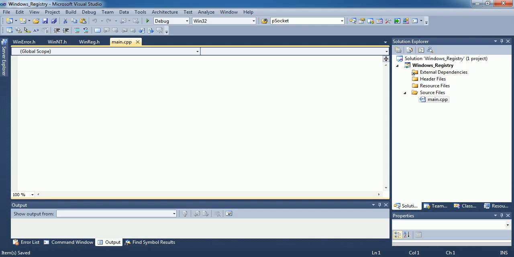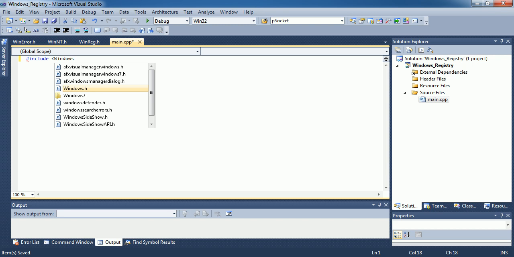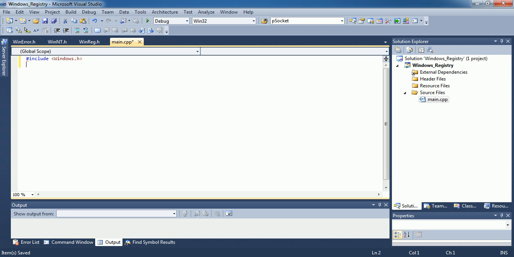Let's open our Visual Studio, and I have one console application already created. So let's start with it. Let's start with some includes,